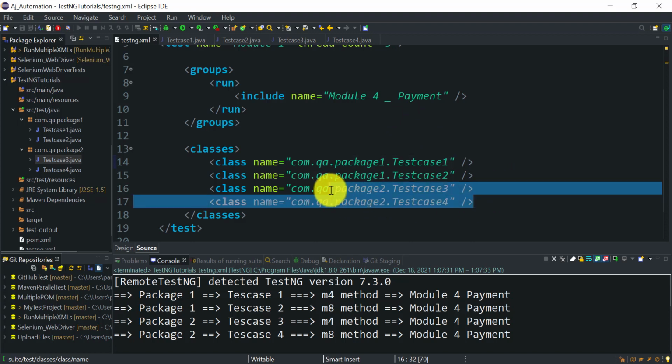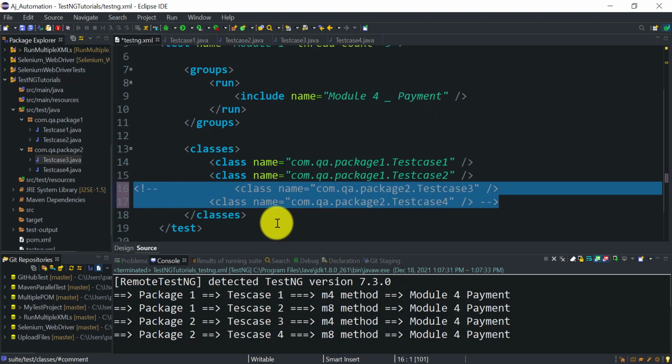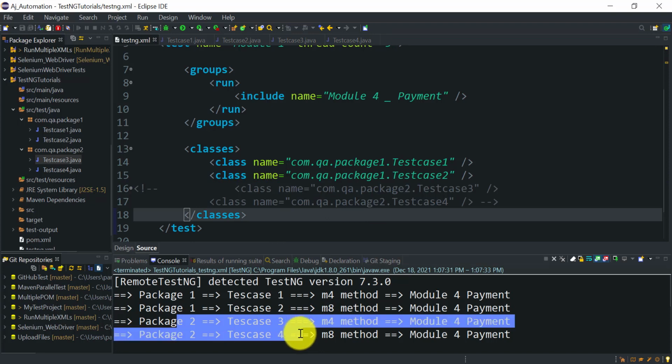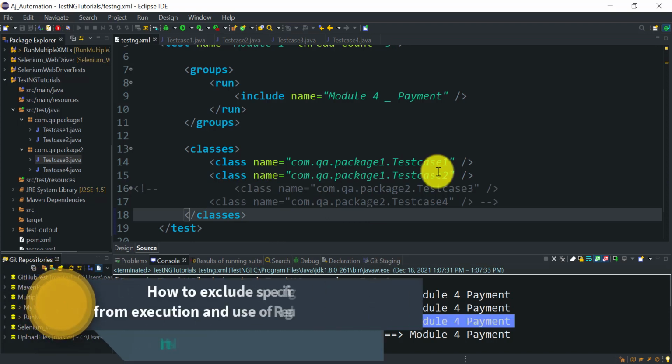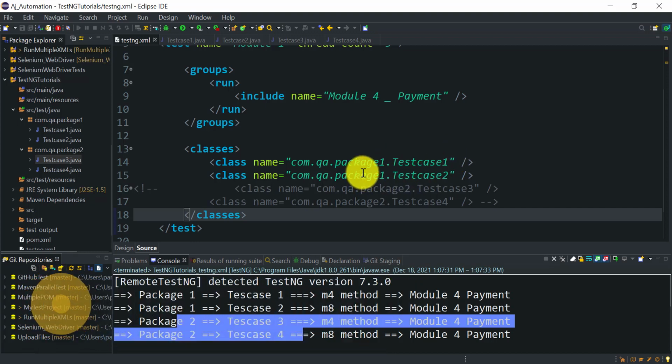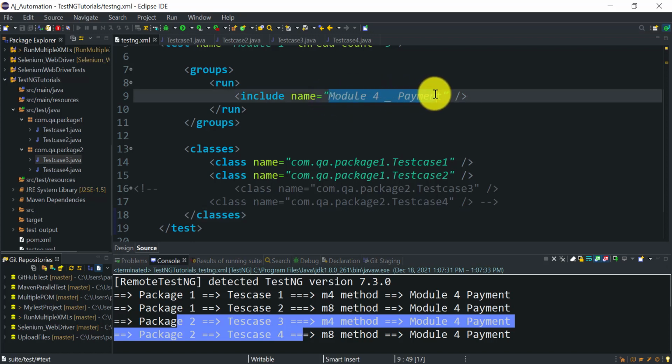For example, I don't want to run these test methods from package 2 related to this module 4 payment group. So I will simply comment them out. In the output we should not get the package 2, test case 3 and test case 4 statements. TestNG will only consider test case 1 and test case 2 from package 1, and out of that, all the test methods, it will only run the test methods related to the module 4 payment functionality.